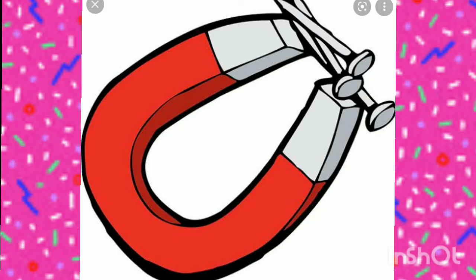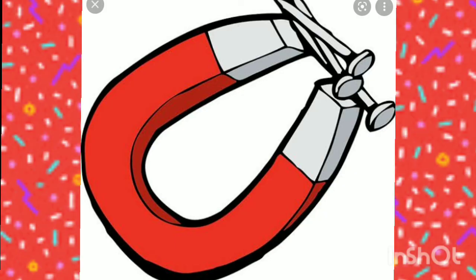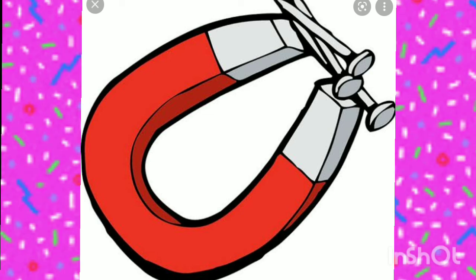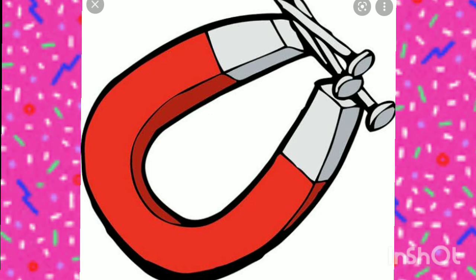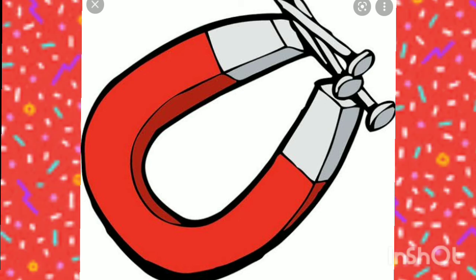The next one is magnetic force. The force exerted by magnets on each other and on metals such as iron, cobalt, nickel is called magnetic force. Now, since magnets attract the iron, these are used to separate waste iron objects from garbage dumps so that they can be recycled. So that's all about the non-contact forces, students.